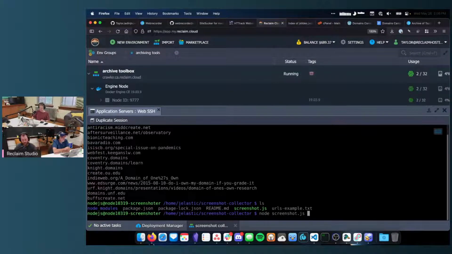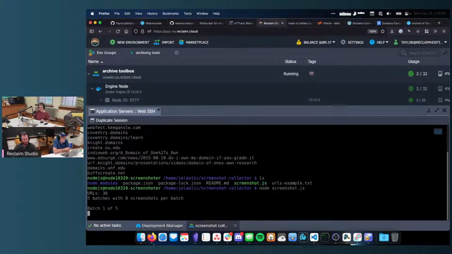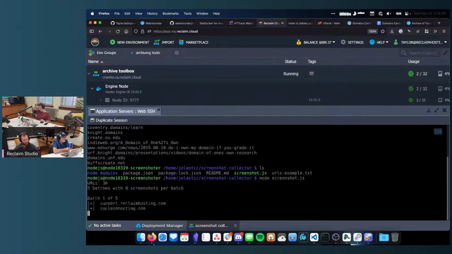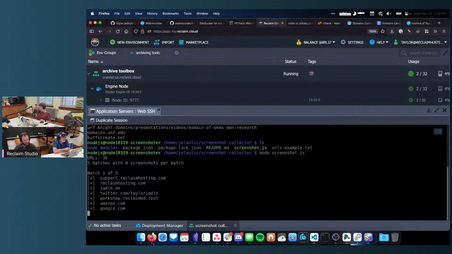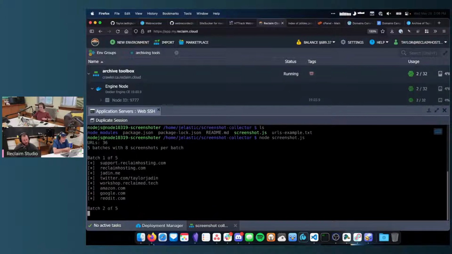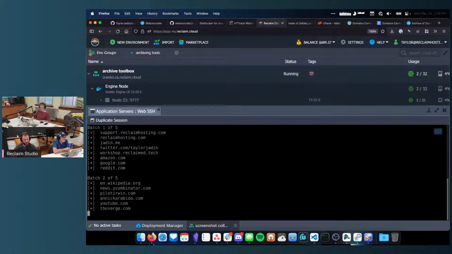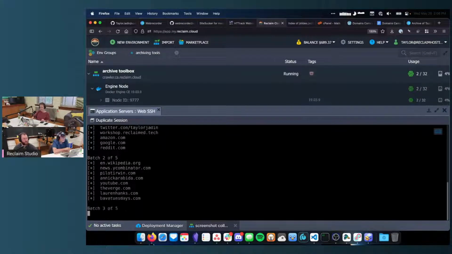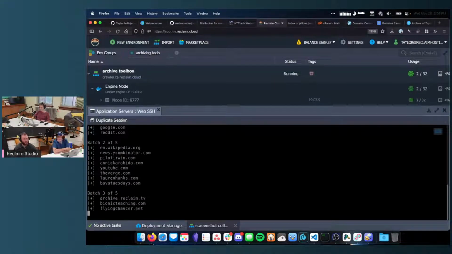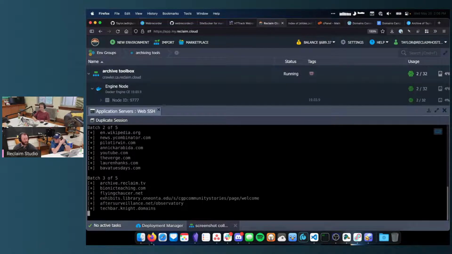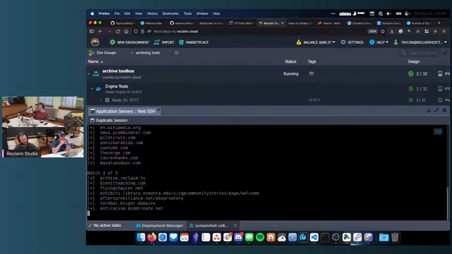So basically, you tell the script to do its thing, and what it's going to do is make a folder called screenshots. It's going to figure out how many URLs it has to work with, and then do it in batches. And it's configurable how many it does at a time. So I have it doing 8. Which is great on Reclaim Cloud because you have all the bandwidth and resources. But if you're doing this on your own machine, you may need to play with that. I will say when I did this for Night Domains, my old computer could only do 5 before I ran out of RAM. Or I don't remember, maybe it was not RAM. Doesn't matter. So you can see it's already done